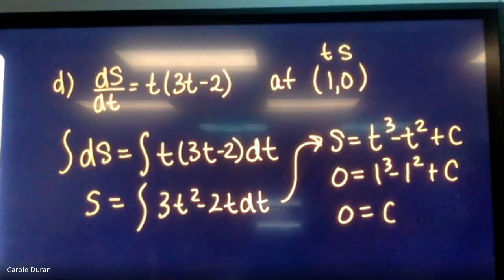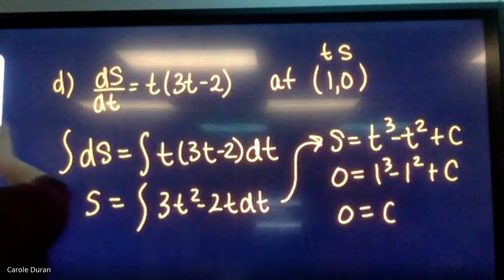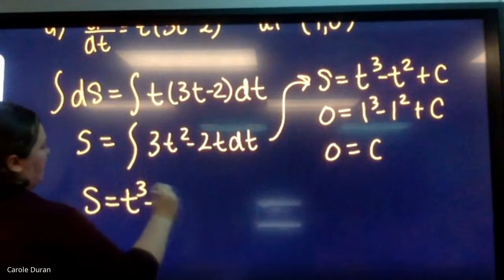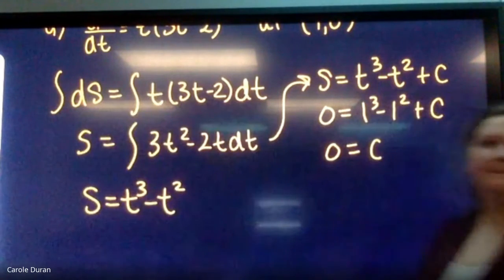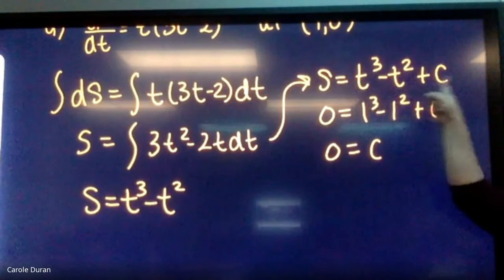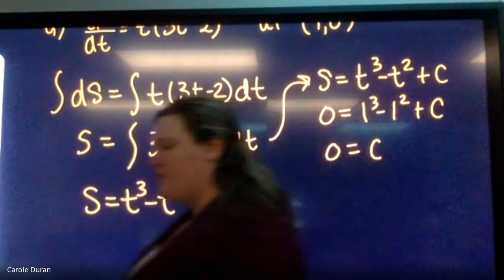So when I go ahead and rewrite my antiderivative, I'm not going to have a C on it because the C is equal to 0. So my antiderivative equation is T cubed minus T squared. You can put plus 0 if you want to, but that's a little bit redundant. Okay, so after we find C, we put that in for C. Since it's 0, it's just the same. Okay, so we are going to do